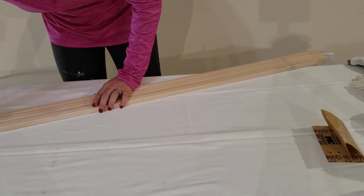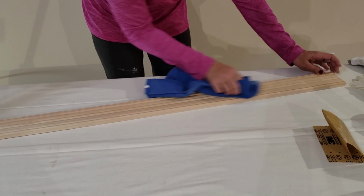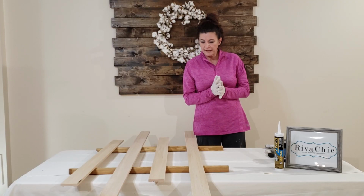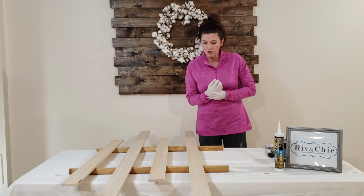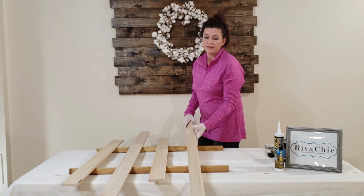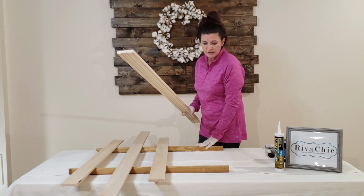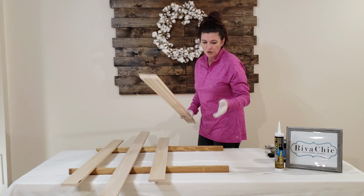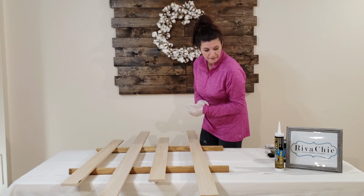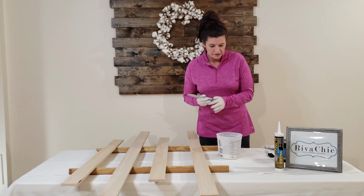Okay, so that is sanded down, and now we're going to be ready to paint it. We are ready to paint these boards. So what I like to do is start in the back of the board, okay? So flip your boards over. I have some risers. I just used wood, it's just easier to paint and gives it a little bit of lift. So get your choice of paint out, your paintbrush,